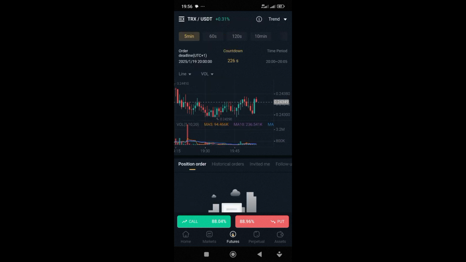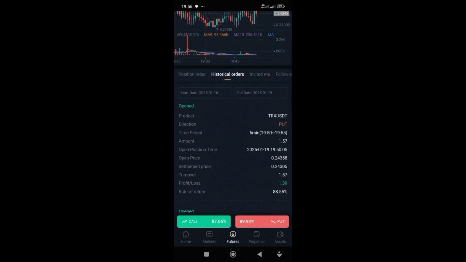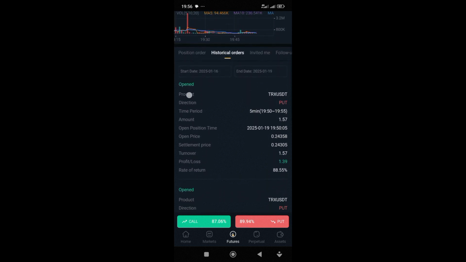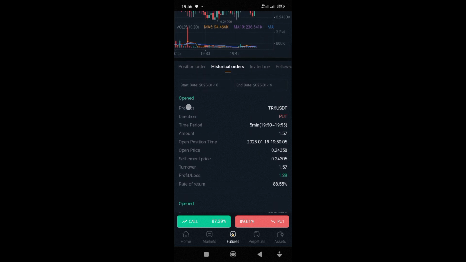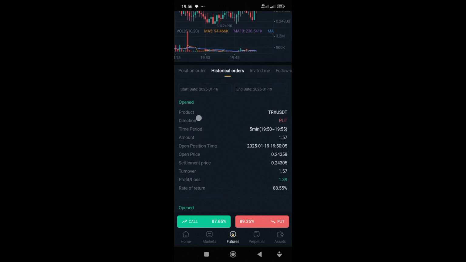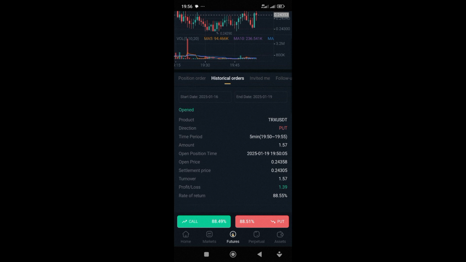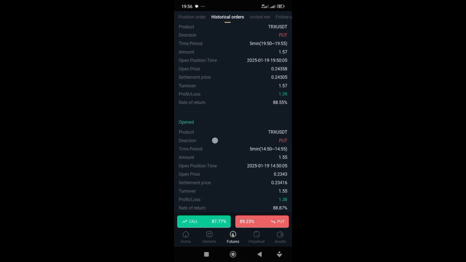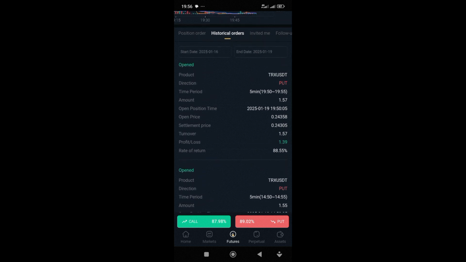All right, guys. So the trading has taken place. As you can see on my screen here, it shows open. It means we're done trading for the day. You can see the time is 1950 to 1955. The direction is put. So remember, I was having $157.05. So we will now head to my asset to see